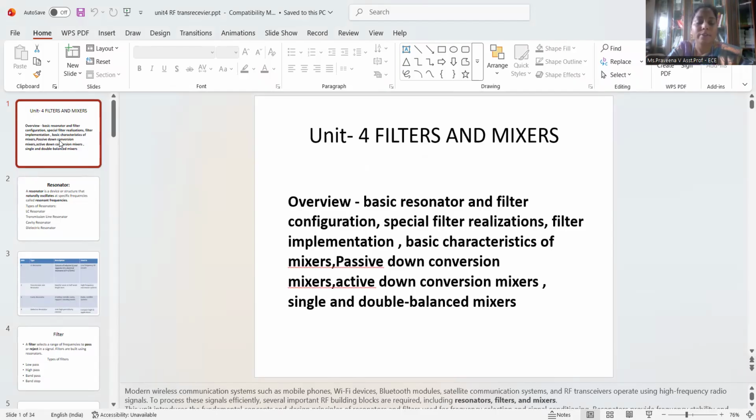The topic is filters and fixtures. Generally, what is meant by a filter? A filter is used to filter out the unwanted signal. So,